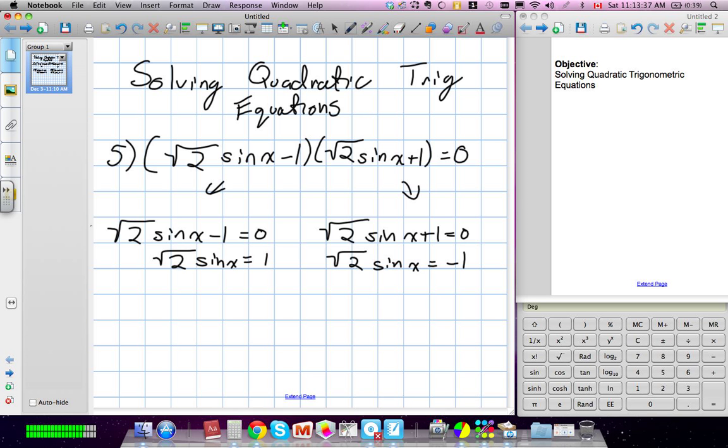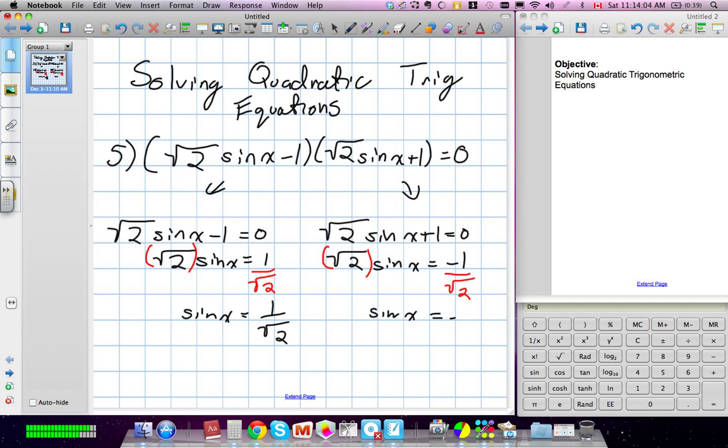Also, I want you to recognize that this is technically root 2 times sine x. So in order to get to my process of isolating x, in order to move root 2, I'm going to divide by root 2. Does that make sense? So when we move it over to the other side, we divide by root 2. So we'll get sine x is equal to 1 over root 2, and sine x is equal to negative 1